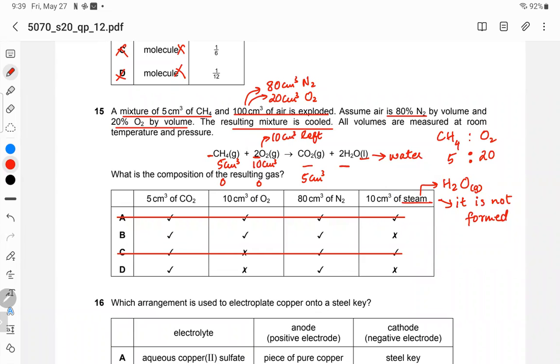अब कंपोजिशन क्या कह रहे हैं? जो रिजल्टिंग मिक्सचर है उसमें 5 cm³ कार्बन डाइऑक्साइड होगी, ठीक है, जो कि B में भी करेक्ट है, D में भी करेक्ट है। 10 cm³ ऑक्सीजन होगा, जो हमने बात की थी कि अनरिएक्टेड बचेगा, तो बिल्कुल सही है। यहाँ पे ये कह रहे हैं नहीं है, तो इसका मतलब है मैं D को भी एक्सक्लूड कर दूंगा। तो हमारे पास एक ही ऑप्शन बचेगा, B, और B जो है हमारा करेक्ट आंसर होगा। जी क्लियर हो गया वरीजा? जी सर। और 80 cm³ तो नाइट्रोजन ऑलरेडी है ना, अनरिएक्टेड है। ओके,